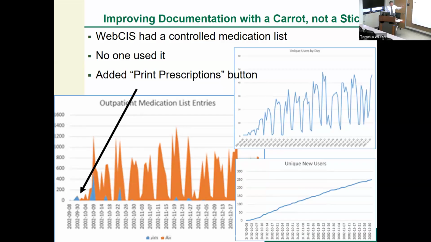Everybody was using it because they couldn't find prescription pads in the emergency room, so they would use this. And we finally could see what the people were prescribing because it was all electronic. And it was because it reduced their workload. How did it, when it seemed like it increased their workload?